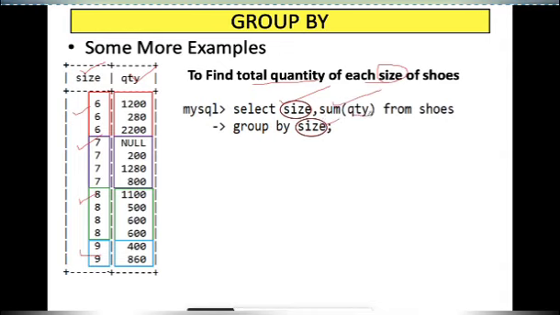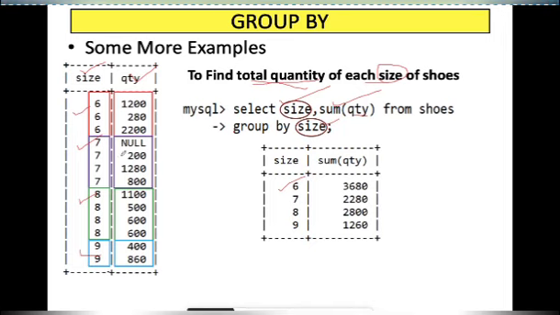As I told you, depending upon the distinct values in a particular column, the number of groups will be formed. First group is of size 6, second is of size 7, then size 8, then size 9, and it has counted the total quantity, and it has simply ignored these null values.